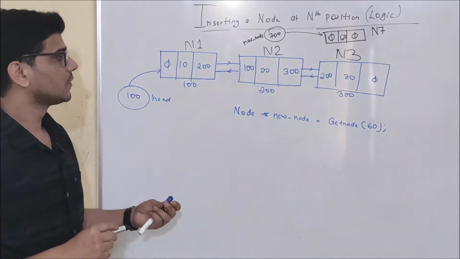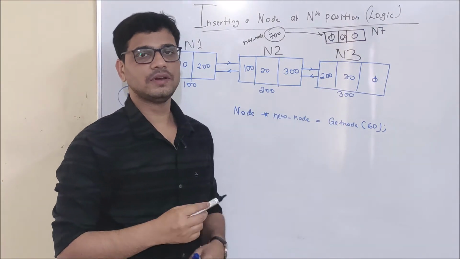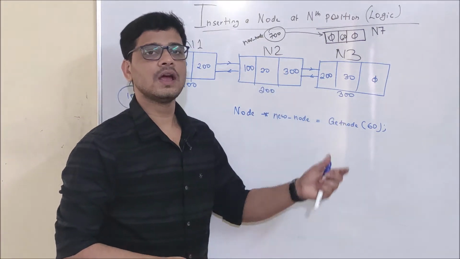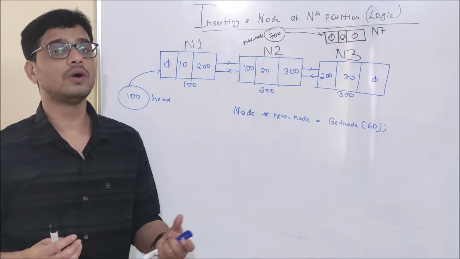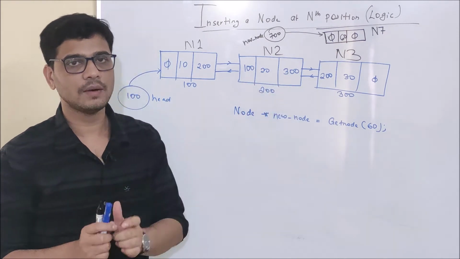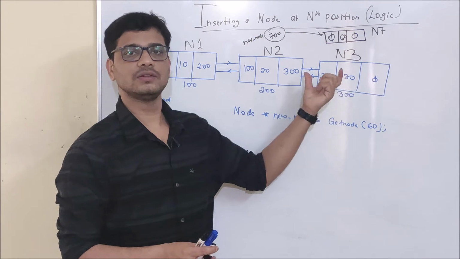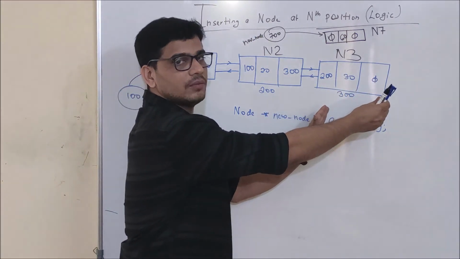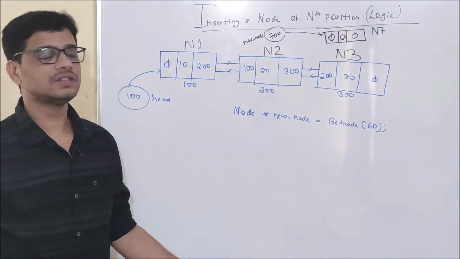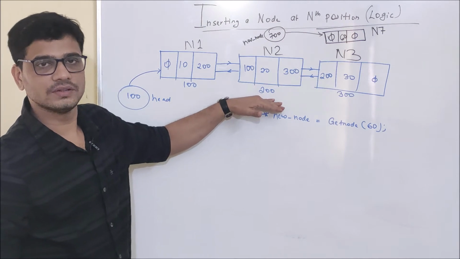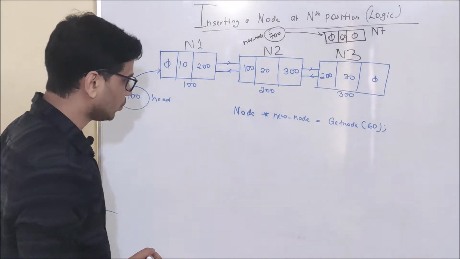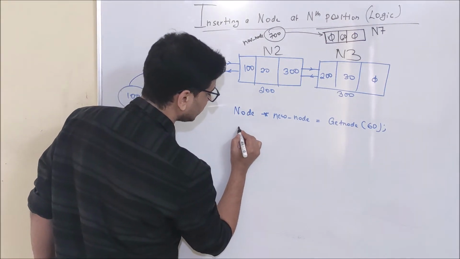Now if you remember, to insert a node at another position, what do we need to do? We need to traverse. And where do we need to traverse? We need to traverse to a position from where we will have access to both the pointers. Suppose I want to insert a node at third position, so we need to have the address of node 2 as well as node 3. That is, after insertion this one will become node 4. We need to have the address of node 2 as well as node 4. And what will be that thing? It's better to use this particular thing. That is, we will traverse and reach this particular point. So, to traverse this doubly linked list, we will use a pointer called cur.